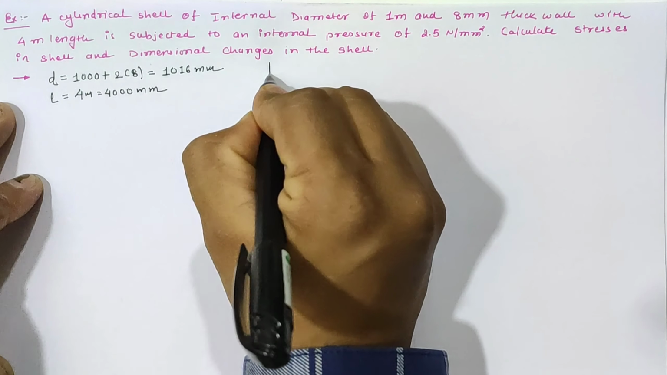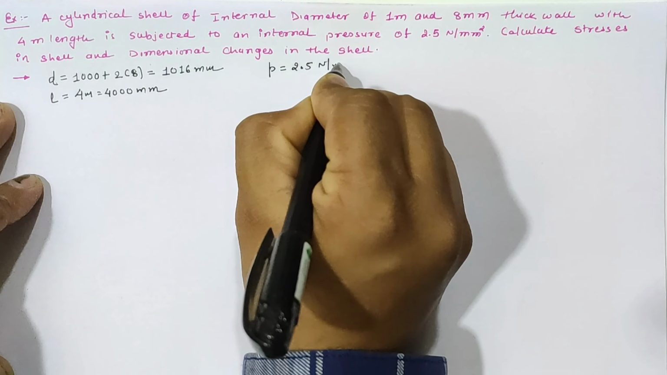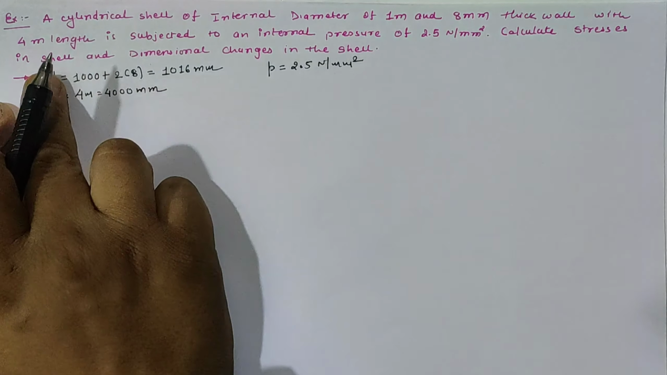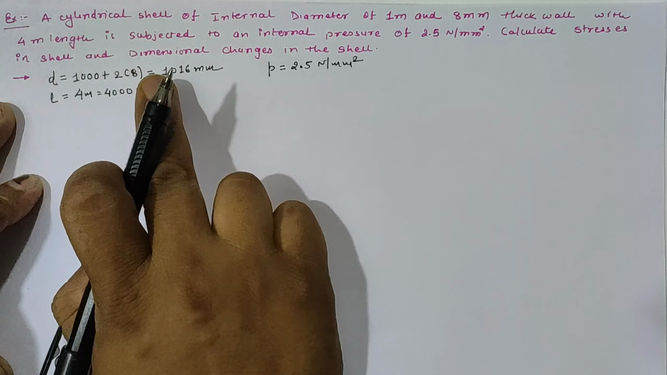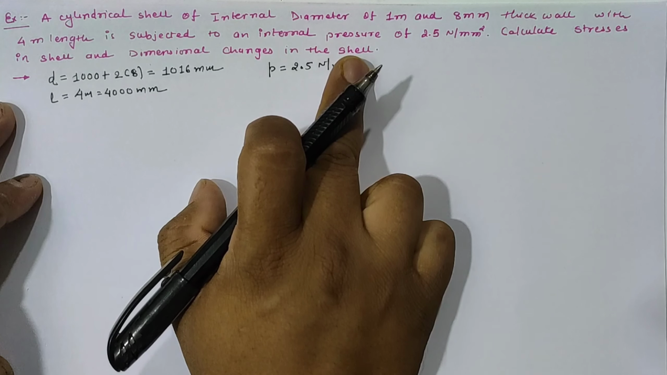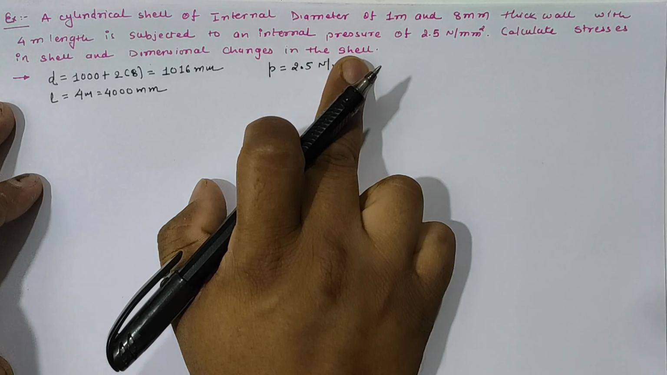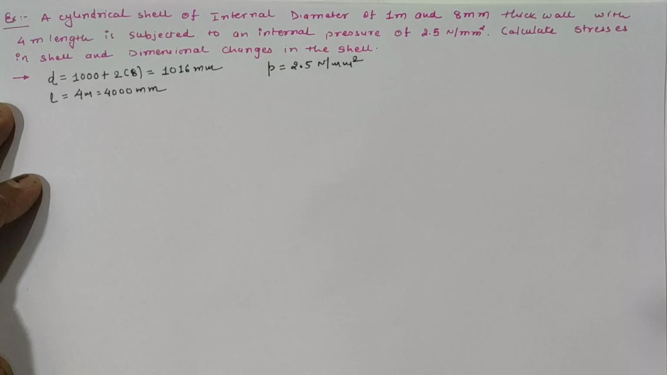square. So we have the pressure value as 2.5 Newton per mm square, and we have to calculate stresses in the shell as well as dimensional changes in the shell. It means that we have to calculate change in the length, change in the diameter as well as change in the volume. So let us solve this